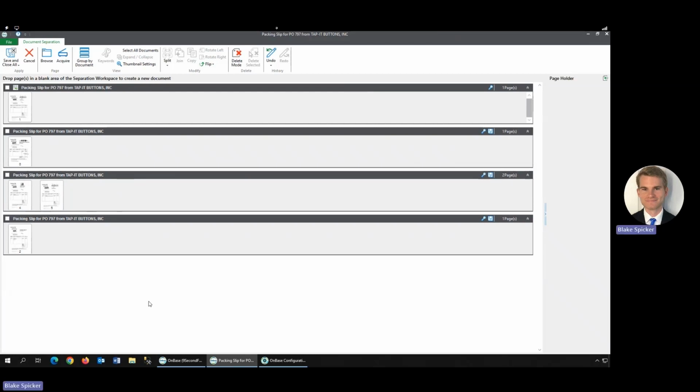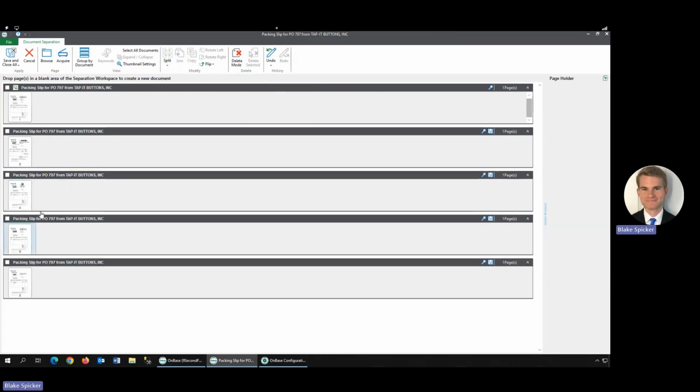Splitting the document has a few additional options. We can use it to break documents completely apart by every page, every other page, every 3 pages, or a custom option. To do so, we will select the document itself by using that check mark, and then select split once more, and this time, instead of the split button, we'll hit break into documents. In this case, since we have a smaller document, we can only go by every page, or custom. By selecting every page, it will cut up every page individually.